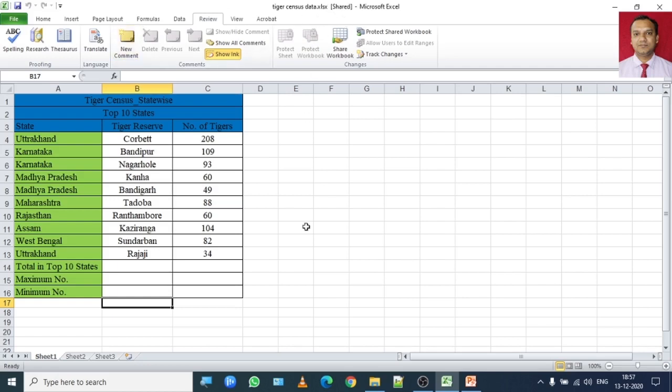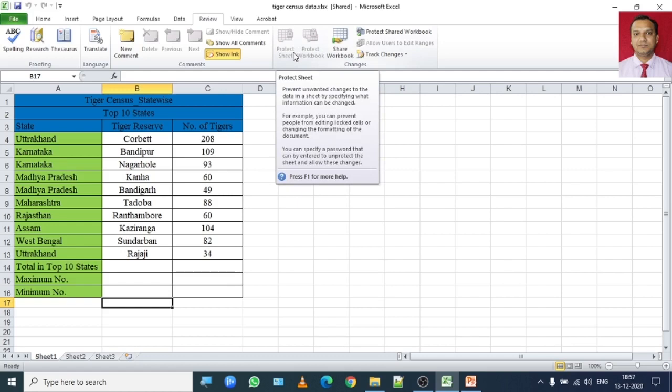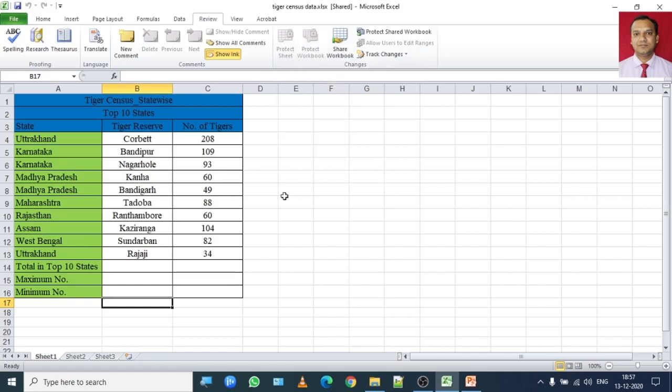So this particular workbook is now shared among your team members across a network. Means if multiple computers are connected together, the team members of your team will see this worksheet in their network and they can work on it.